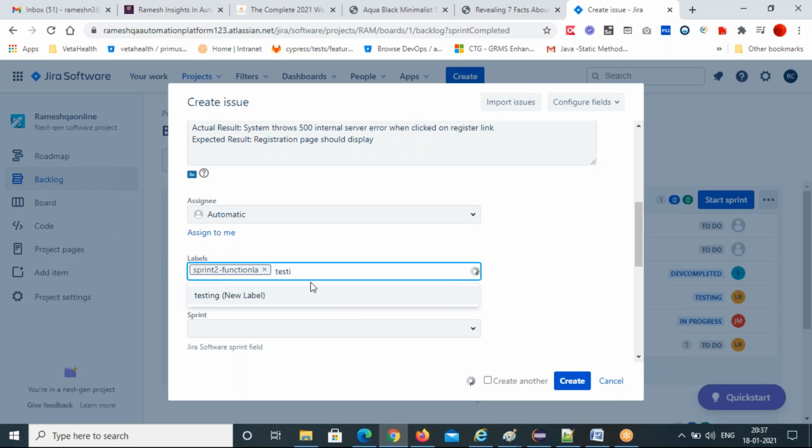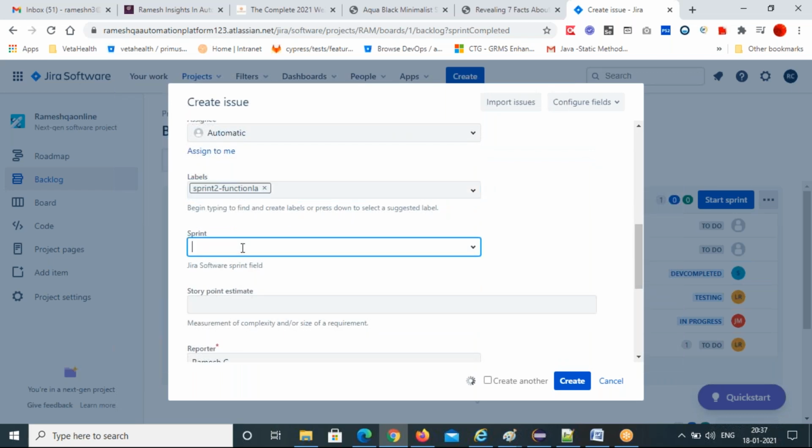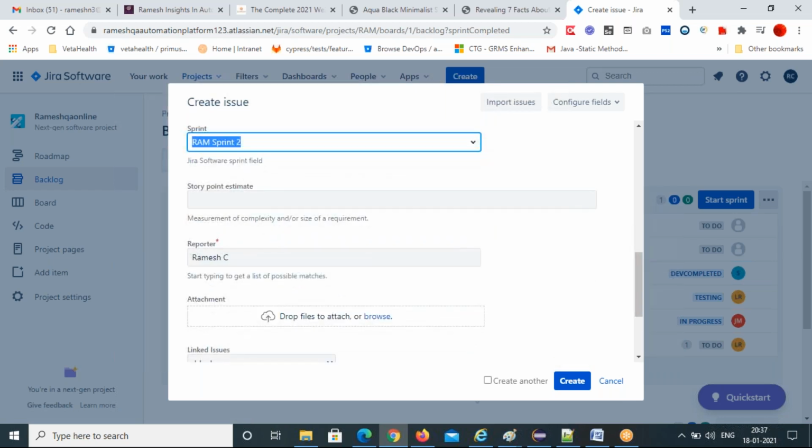So sprint 2 functional, that's one label. Then sprint. You can select the sprint, RAM sprint 2. That's the second sprint. Which sprint are you testing this in? Sprint is nothing but release by release and new features.